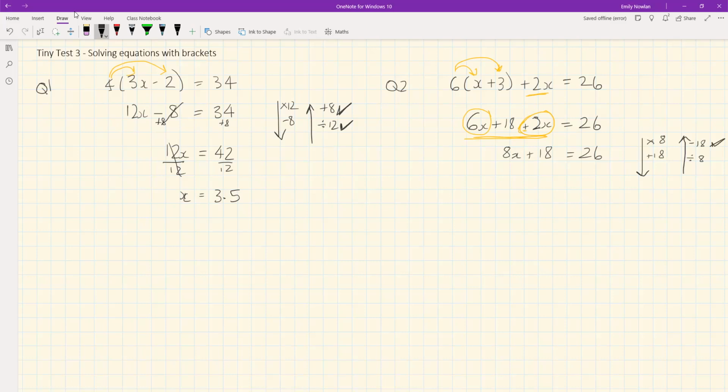So let's do the minus 18 first to both sides. Minus 18, minus 18. 18 minus 18 goes, we're left with 8x is equal to 26 minus 18 is 8. So we've done that bit. Next bit is divide by 8. Divide by 8, divide by 8, 8 over 8 goes. So you get x is equal to 1. And you can always check your answer by substituting it back into the original